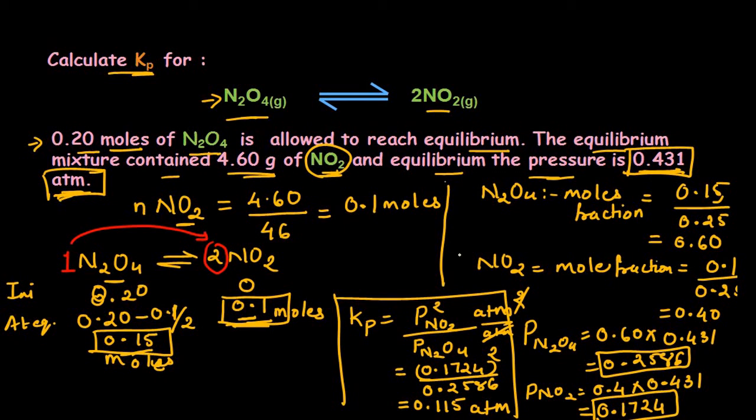So in this numerical, we learned how to calculate the value of Kp, but before that we also need to learn how to calculate the mole fraction for a particular species, that is reactant molecules or product molecules. From that we calculate the partial pressure, and from this partial pressure we ultimately calculate the value of Kp. Now to learn more examples, you need to go to the other video of the calculations, or the topical questions of Kp, whose link is given in the description of this video.